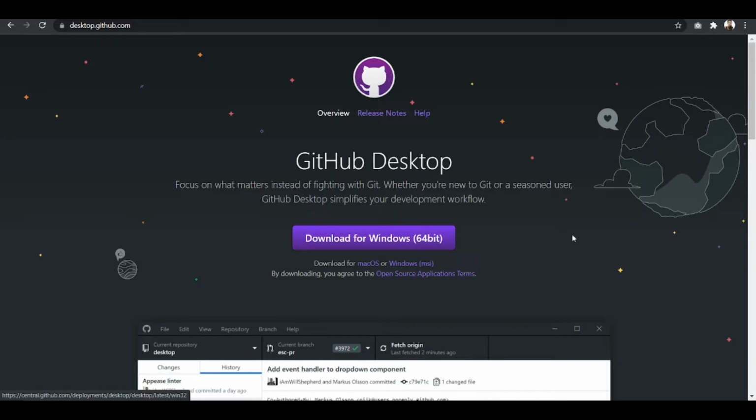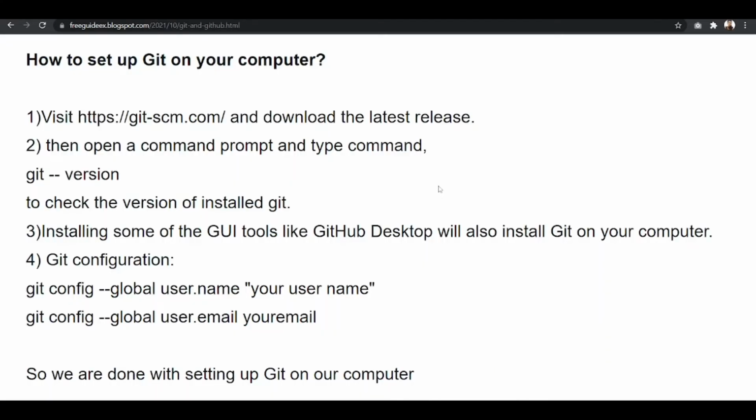In GitHub Desktop, you can perform operations like git pull and push without running any command, so you don't need to remember any Git commands. But in my opinion, as a developer or as a programmer, you should know the basic Git commands, and the command line tool is much faster as compared to the GUI. I prefer the command line tools over the GUI, so that's why I'm going to explain more about the command line instead of the GUI tools.